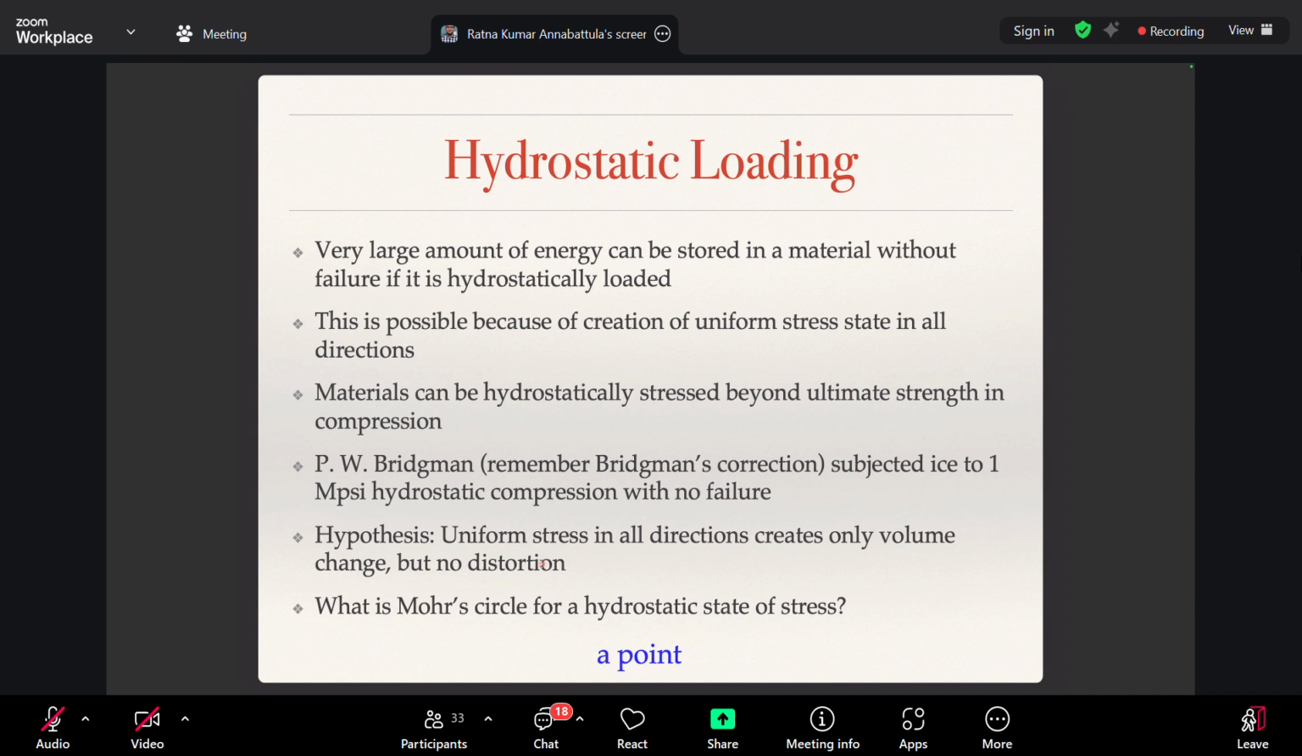So if you have a hydrostatic state of stress, and if you draw a Mohr circle, what do you mean by hydrostatic state of stress? Sigma 1 is equal to sigma 2 is equal to sigma 3. All right. When we have drawn the Mohr circle earlier,